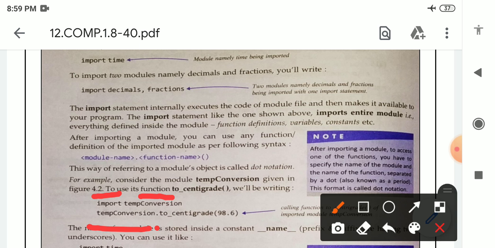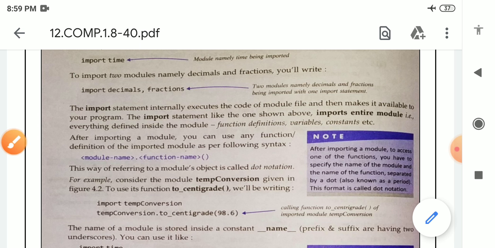So the name of the function is what? 2 underscore centigrade. This function contains the argument 98.6. So this is known as what? Calling a function. The name of the function is 2 underscore centigrade of the imported module. The name of the module is temp conversion.